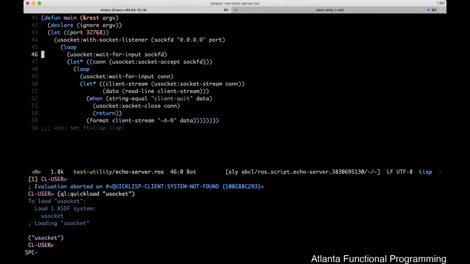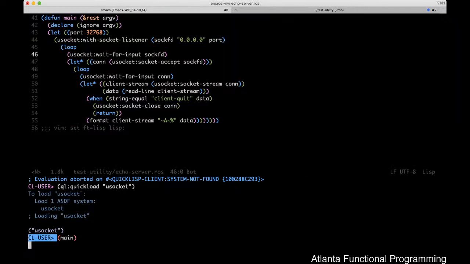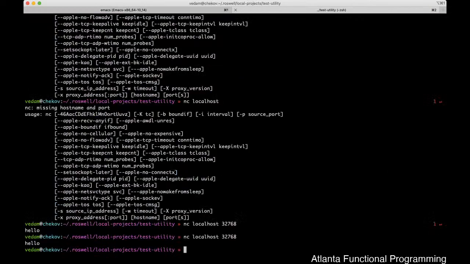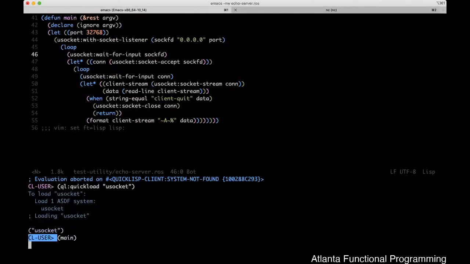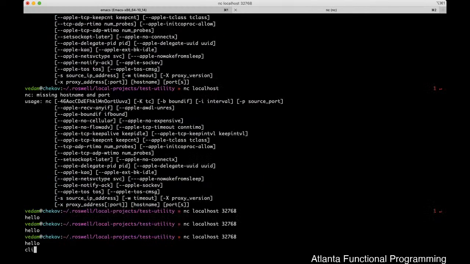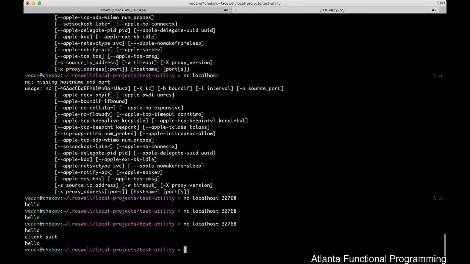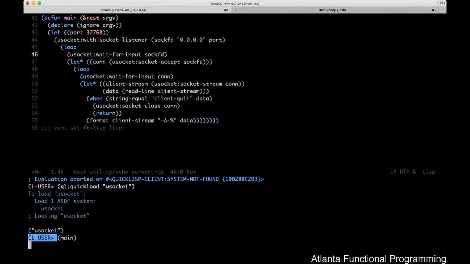Everything loads, check, it's running, run, hello, and it is not returning client quit. Since it's blocking right now, you will not get it until you quit the connection. And it's because mainly